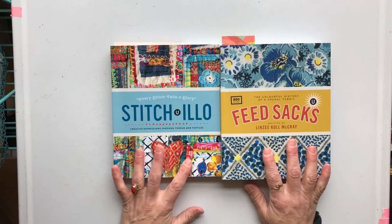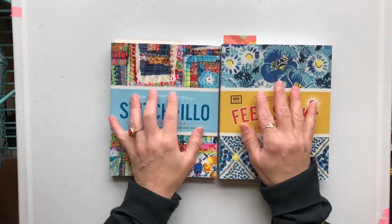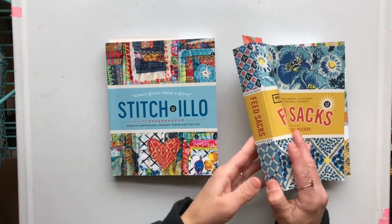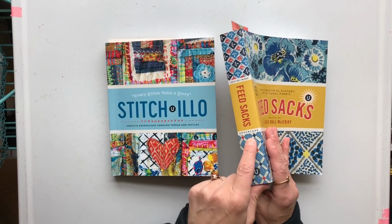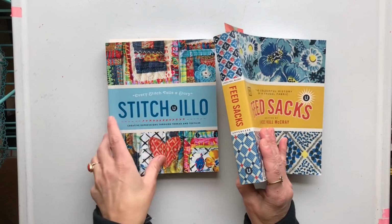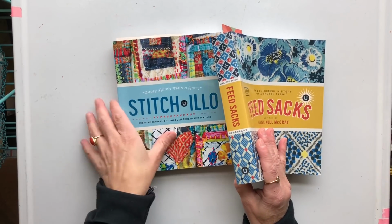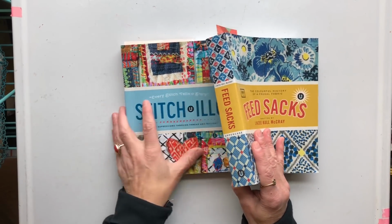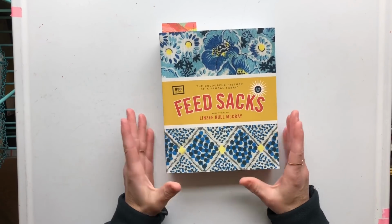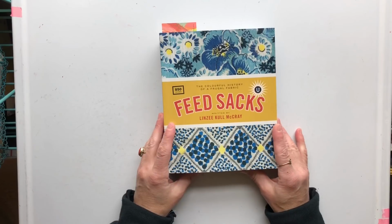So my inspiration came from these two books that I've been reading this winter. I got them from Uppercase. I think they have a monthly magazine, but they had these three books. There's actually one more called Botanica. I originally got them because of this one right here for feed sacks, which are just amazing, and